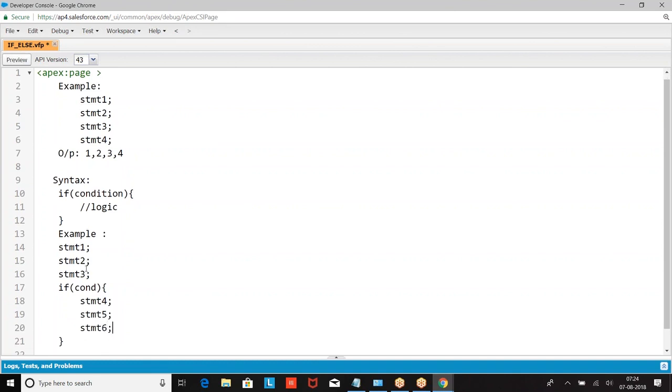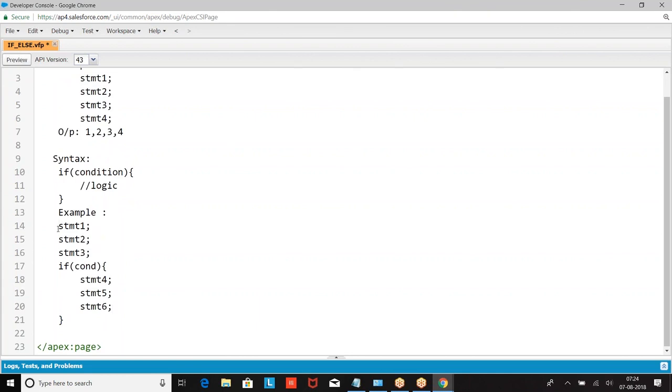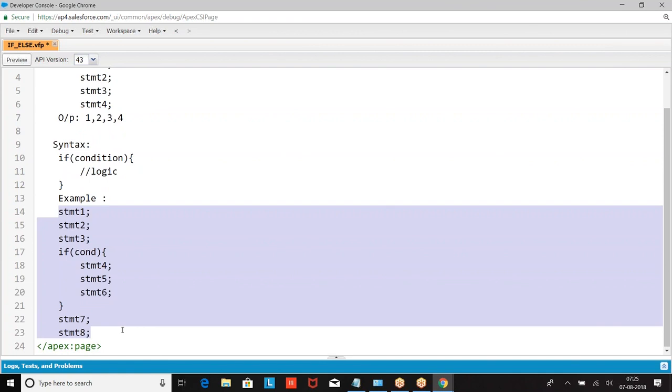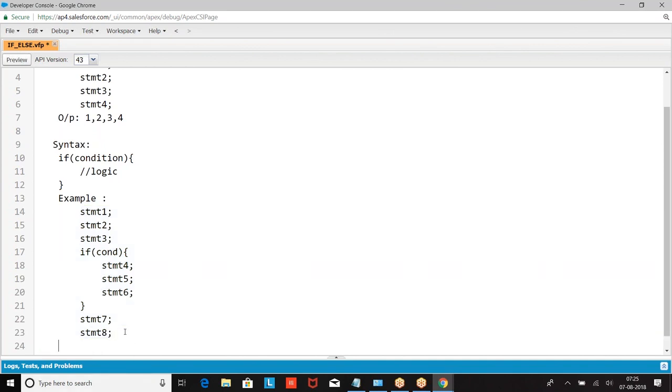So this is how we wrote an example: statement 1, statement 2. This is how we are getting the program. If this is the program, how will the output come?